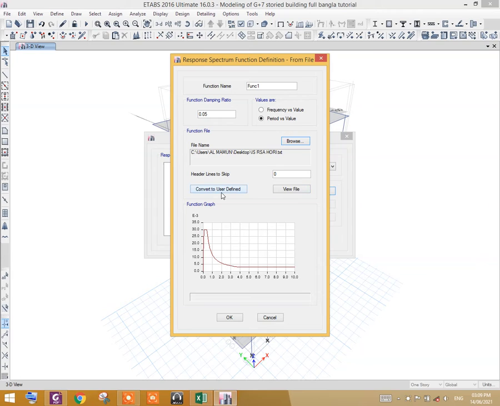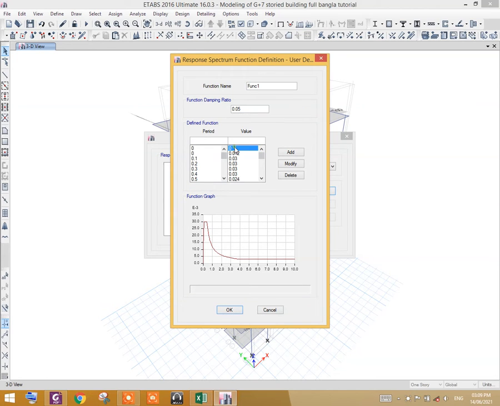Set the value as period vs value. Don't select frequency because the value in the Excel sheet is period vs value. The function damping ratio is 0.05. Go and convert to user defined. Now delete this row. Now name it IS RSA horizontal.